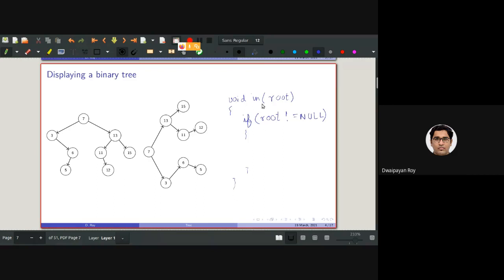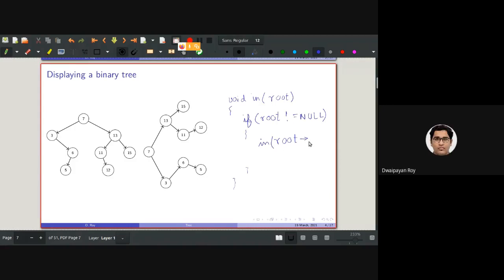What was the statement for in-order traversal? Come on, guys. Process root, then push root, root equal to root left. No, wait. First we need to go to, not push root.